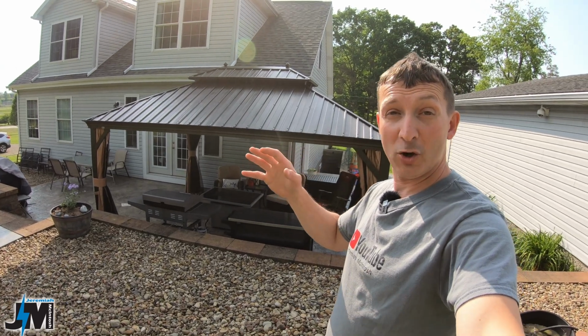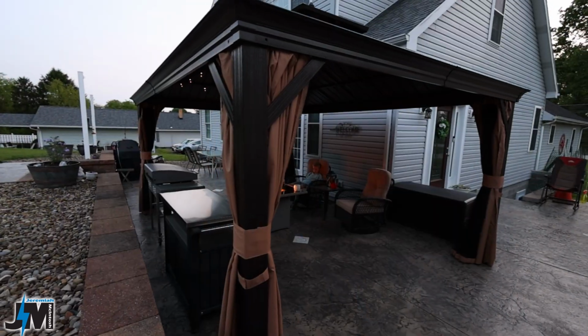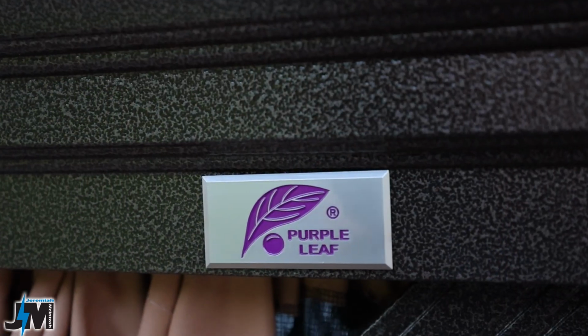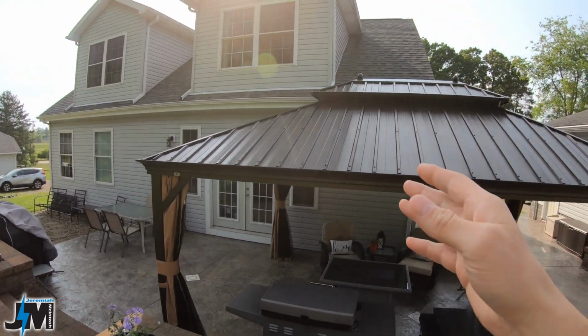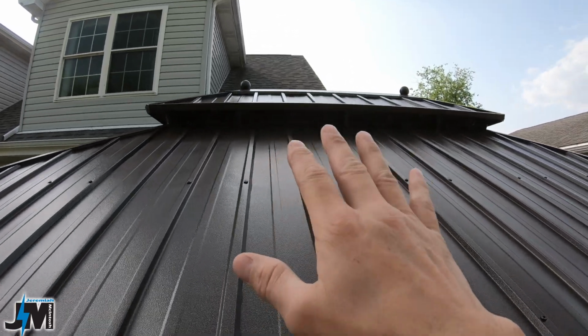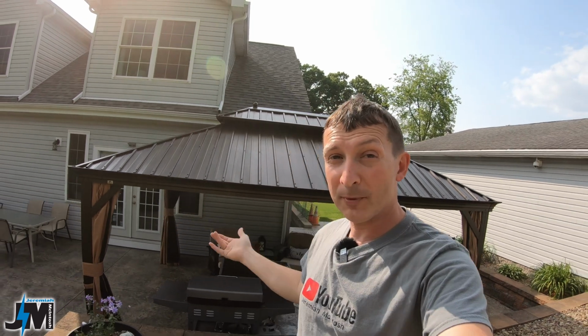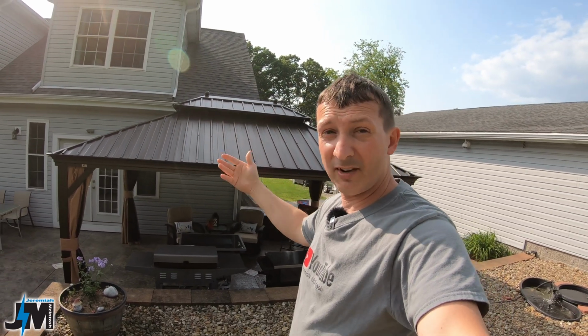In today's video, we're going to be going over the assembly process on this 12 by 16 Purple Leaf hardtop gazebo. Now, this one is made by Purple Leaf, and what's cool about it is it has a double roof. It has some ventilation up top where the wind can go up underneath and come out of there. Now, that's good for two reasons. That's going to help you with the wind when it gets windy, to help keep this thing from blowing away